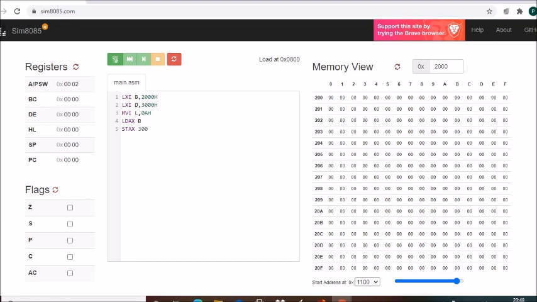The 3000 memory location is pointed by D. So LDAX B, STAX D.